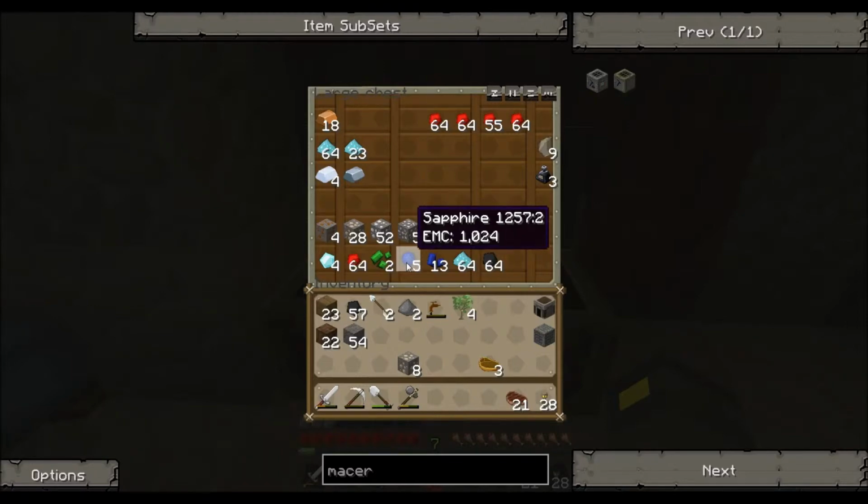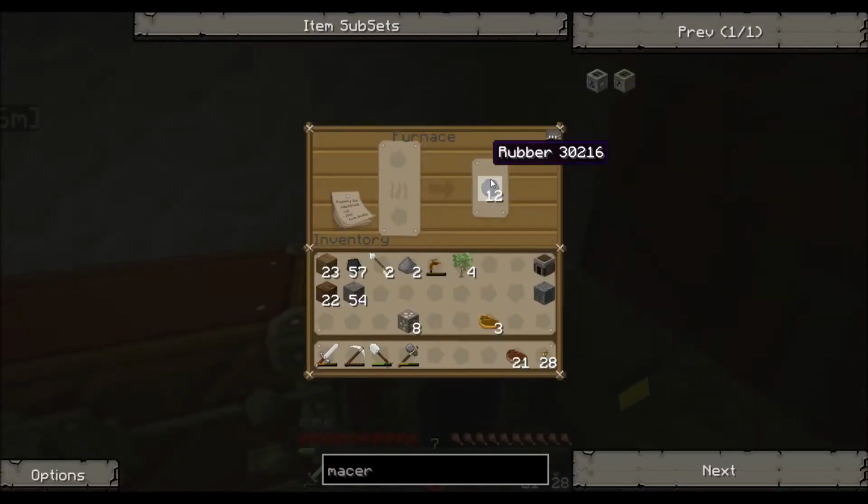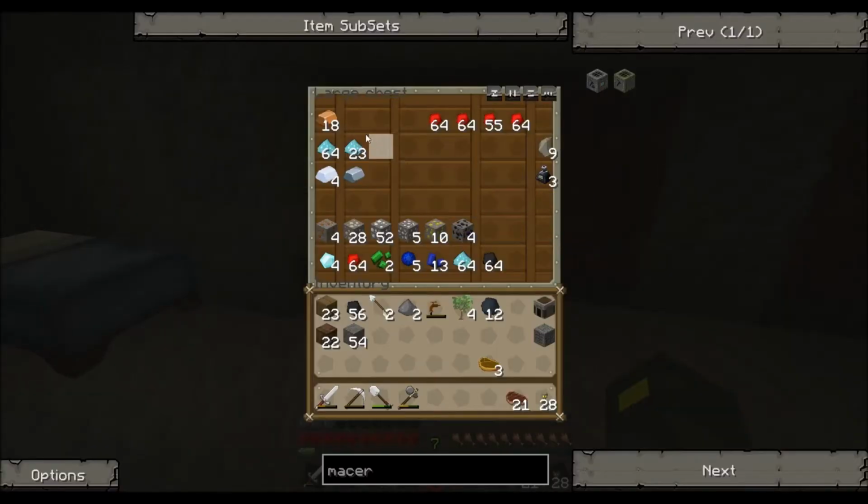Sapphire is one of the new gems in Tekkit that is predominantly for tools, but it's also got quite a nice EMC value considering there's quite an abundance of gems of this type in the earth. There's also rubies, emeralds, sapphires as we talked about. There's one more, I can't remember the name of it, but there's quite a few gems that can be used for tools or for EMC. Lapis has actually got a use in Tekkit, which we'll talk about later. We've spoken about Nikolite. Nikolite is predominantly used for red power, and obviously we know about coal and redstone and diamond. So let's go ahead and cook these,